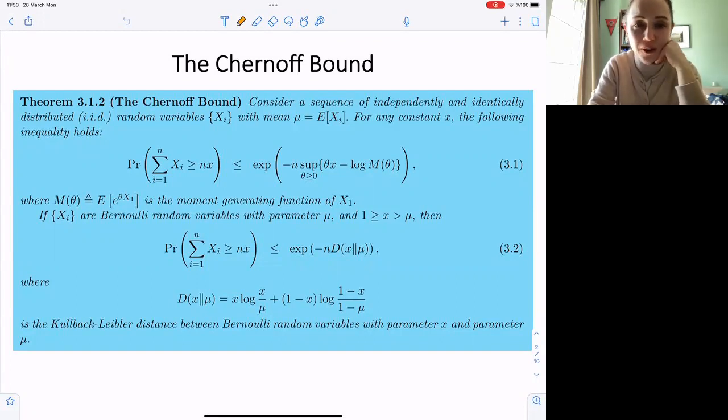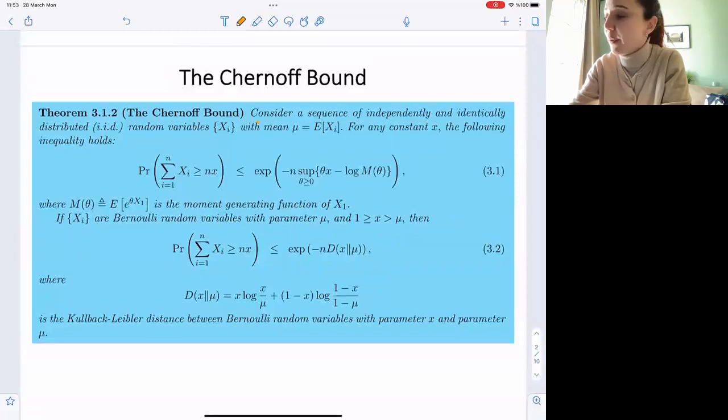So Chernoff bound is a stronger bound, and it can be made stronger because it has more parameters. If you remember, Markov inequality is based on first order statistics, exactly the mean, it uses only the mean. Chebyshev inequality uses second order statistics. The Chernoff bound uses the moment generating function. So it uses a lot more information about the underlying random variable. Okay, so here is how it goes.